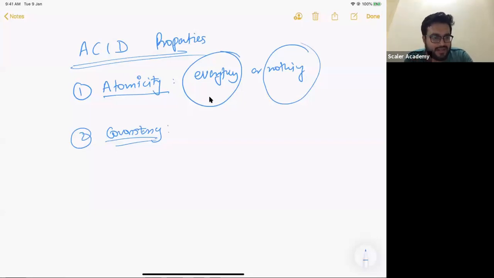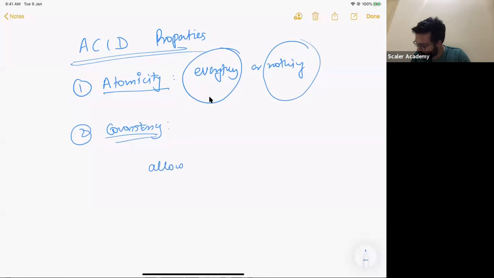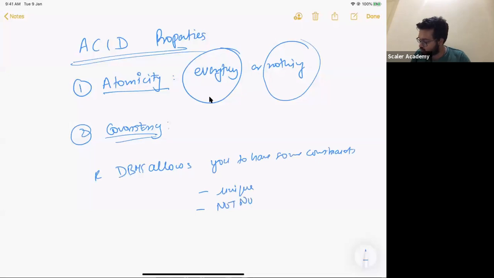Have you seen these kinds of constraints? Let's say you can say that for this particular column, no entry can have a null value. Not null. So an RDBMS allows you to have some constraints. What kind of constraints? So let's say, as you guys told me, it should be unique, or you can say not null, things should not be null in this particular row, or what else? Or you can have some kind of cascades.